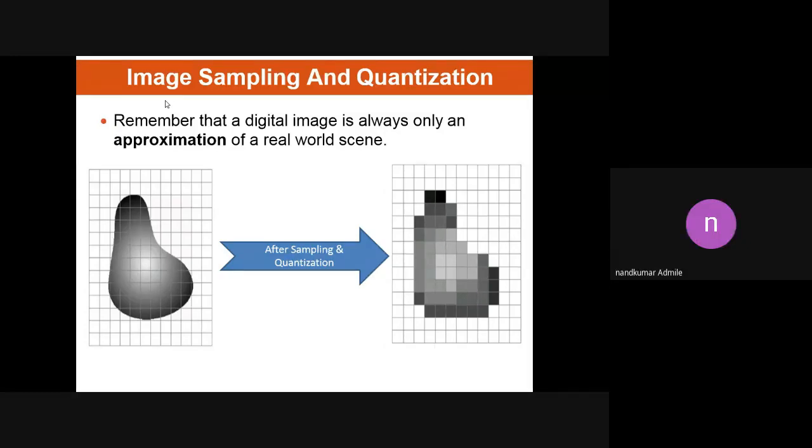Okay, so what are image sampling and image quantization? It means how we can convert the analog image into the digital image. That is possible by using these two techniques, called image sampling and quantization. First we need to keep in mind what an analog image is and what a digital image is. By referring to these two figures, our idea should be clear. If we observe the first shape, it has a random shape, right? There is a curve, it may be a circle, so it has an analog shape.